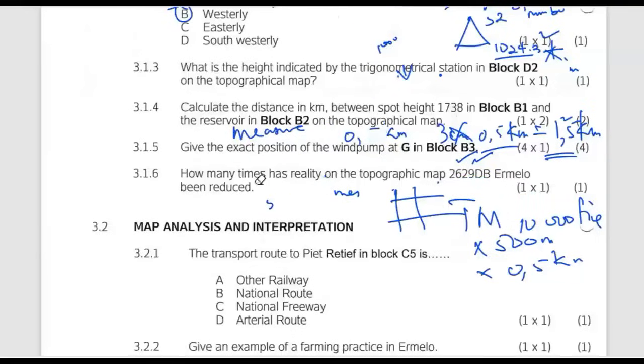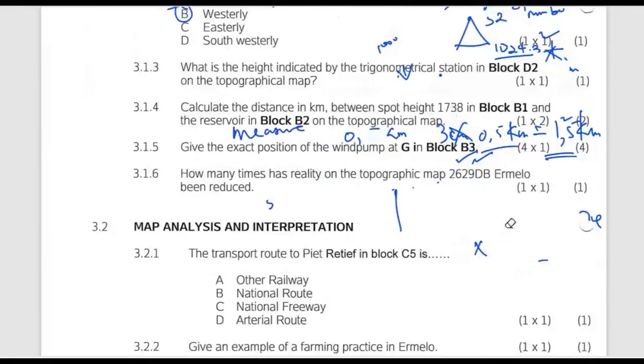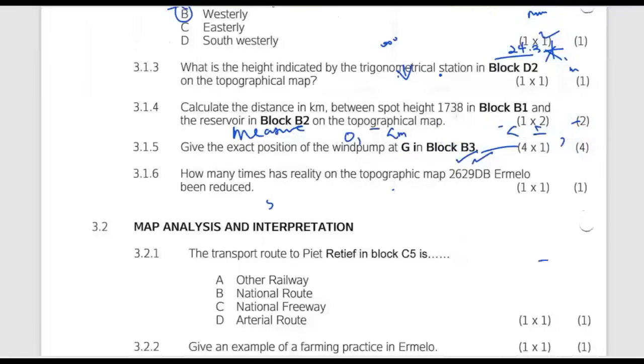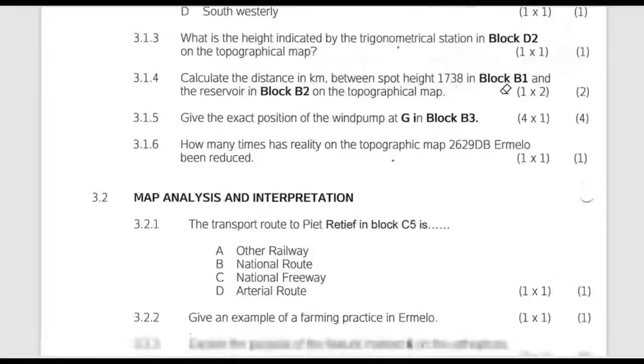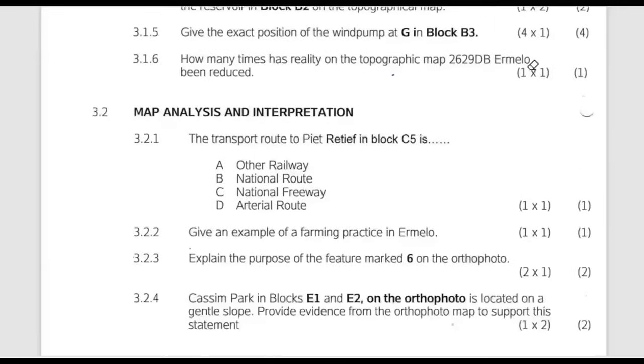Our next question is on map analysis and interpretation. We'll just discuss giving each other hints and guidelines on how you must be in a position to answer those questions. Right. We are saying in this instance, our question is saying the transport route to Pit Retrieve in block C5 is... You're just supposed to check on the map and see the transport route which is in that particular block given. Whether it's a national route or other railway, a national freeway or arterial route, you check and confirm with the map